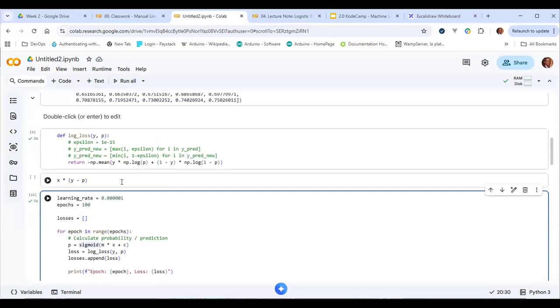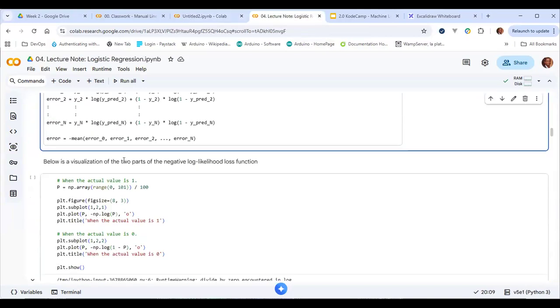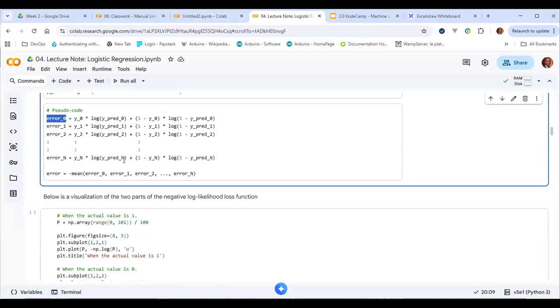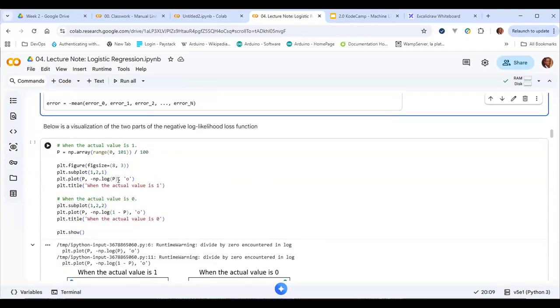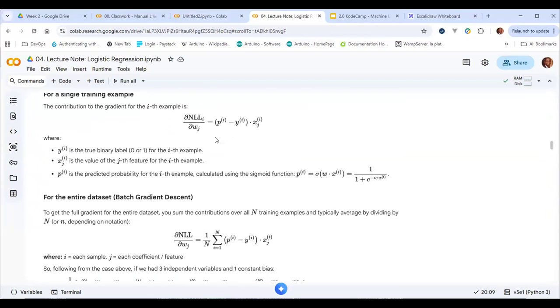That's a log loss. That is minus the mean of this, right? So you sum all of them. So this is for multiple data points. Now, what makes this a matrix is that you now have the error for multiple data points. Then when you are coming to calculate the gradient, remember that each data point is calculating a